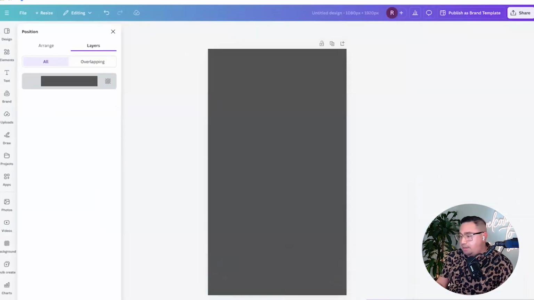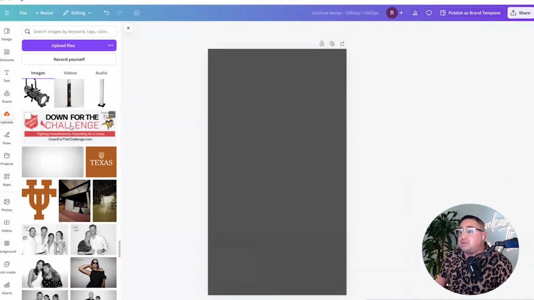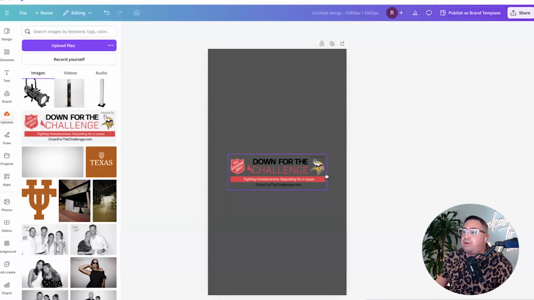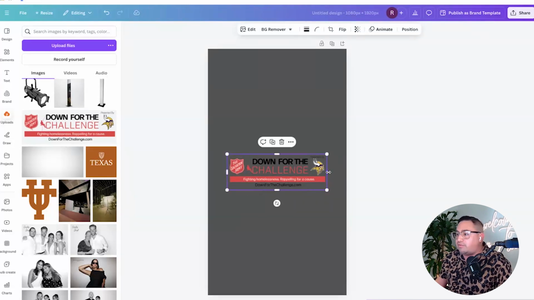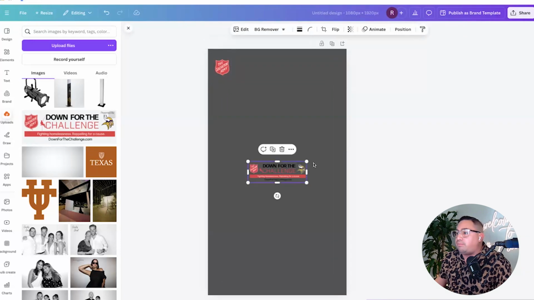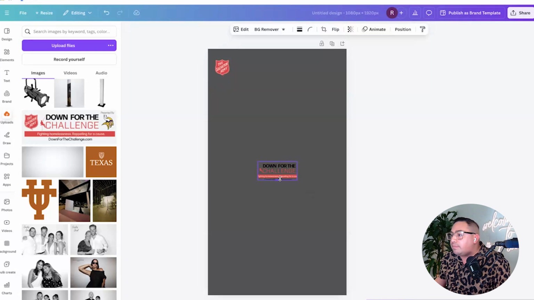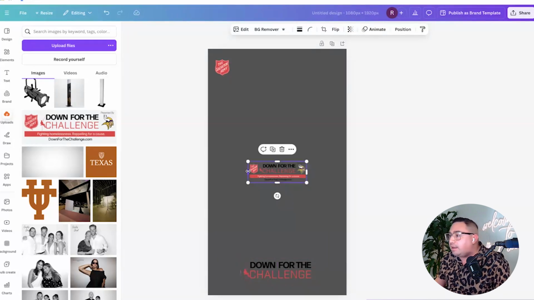So let's just say right here, actually, I had to do this a minute ago. This is another logo that I had a problem with whenever we were designing it, just because it's very, very cluttered. So you can do things like crop it, duplicate it, make another one. Like, for example, I can just do the Salvation Army logo here, move that up to the top left, bring it down again, change this to down for the challenge, make it a little bit bigger, bring this here and,